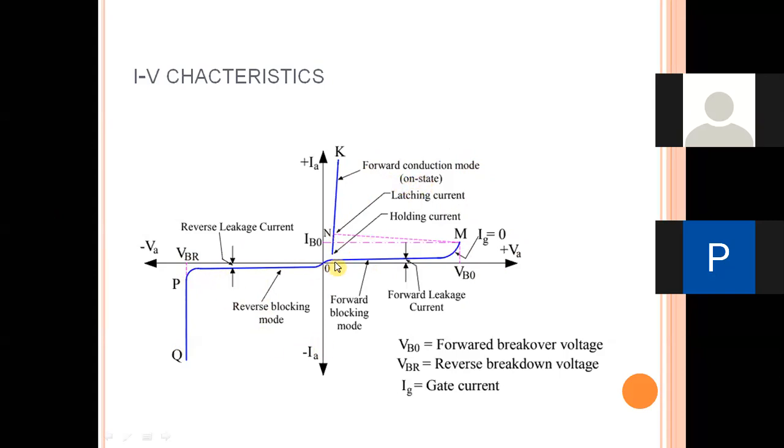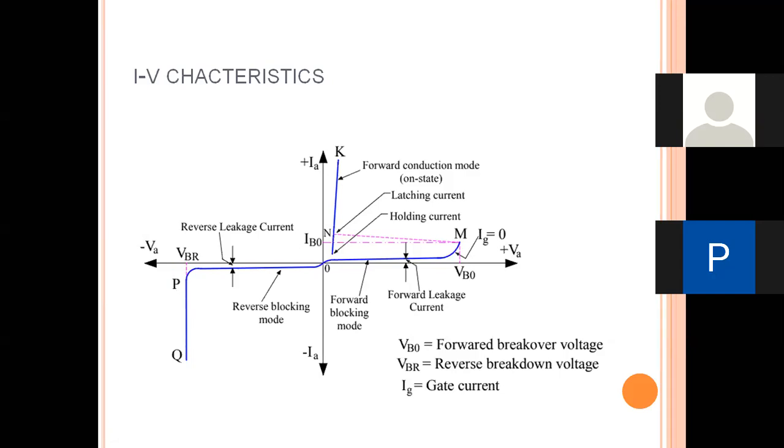Okay. So here also, in the reverse case, you are going to have a permissible voltage defined for the device. This particular voltage value is going to be defined for the device depending upon its rating. VBO and VBR are going to be different for different devices. If you consider an SCR operating for 1000 volts, an SCR operating for 2000 volts, or an SCR operating for 6000 volts, all these devices are going to have different VBO and VBR values. These VBO and VBR depend on their standby or blocking voltage values.